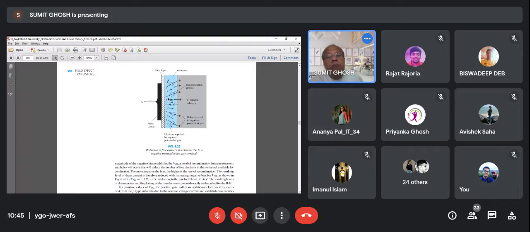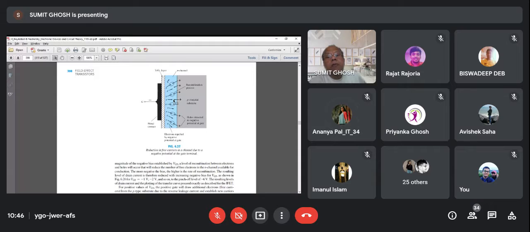So positive voltage means more number of electrons here in the channel. Few electrons also come from the p-type material, because in p-type material the electrons are there as minority charge carriers. These electrons, being negatively charged, are attracted to the positive electric field. I told you this is positive, 1 volt say. So the positive electric field attracts all the negatively charged electrons and repels all the holes. So what do you expect of the number of electrons in the channel? Increase or decrease? Sir, increase. All of you agree?